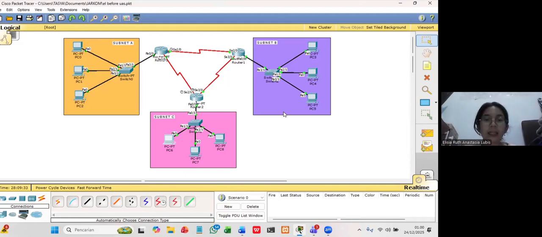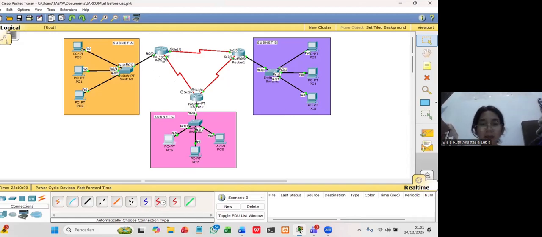In this practicum, we are given one IP network and several requirements, which consist of three LAN networks and three WAN networks. The LAN networks are used to connect end devices such as PCs, while the WAN networks are used to connect routers point-to-point.